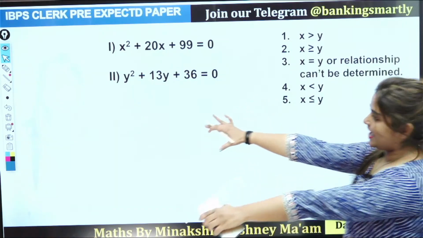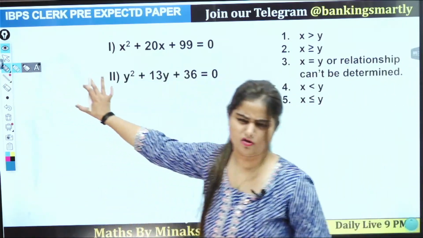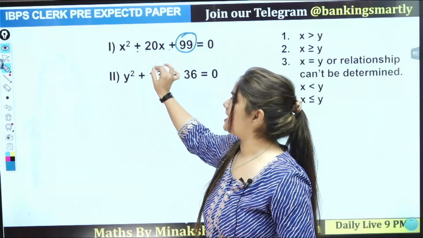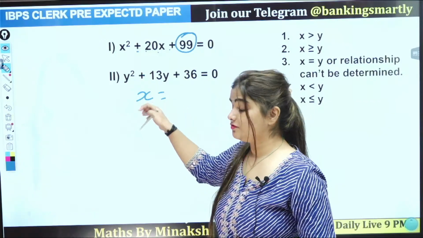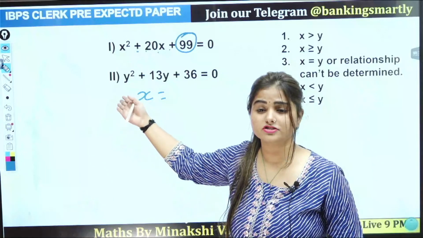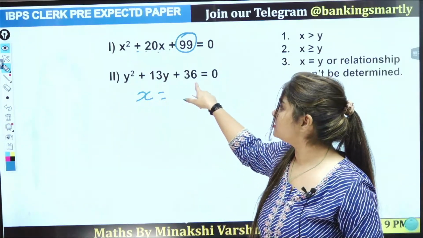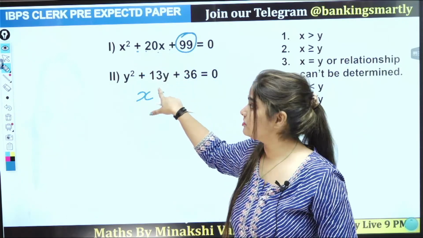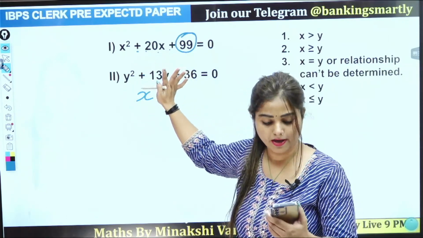So, what we have in this question, guys? Simple. There is 99, that means 11 nines are 99, positive. That means 11 and 9. You have to do this directly in your examination without pen and paper. You can go with this question without pen and paper because this one is 9 fours, and this one is 10 nines. That means y is greater than or equal to x. Without pen and paper you can do it.